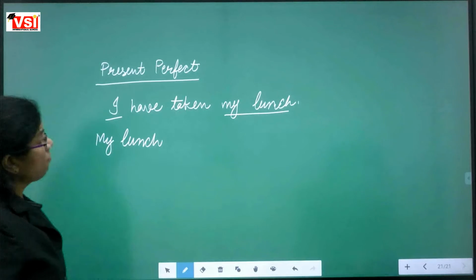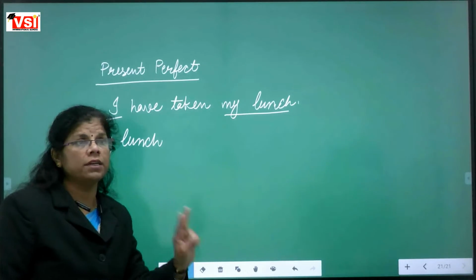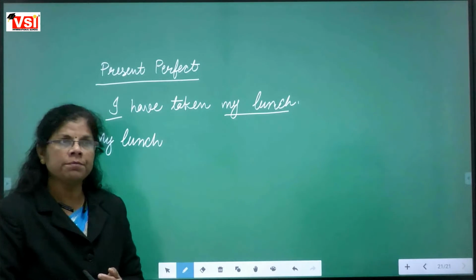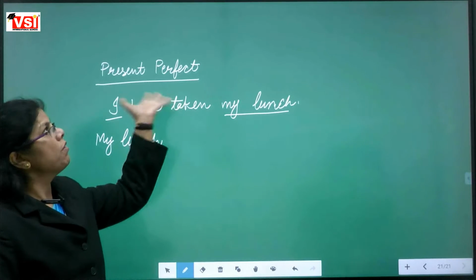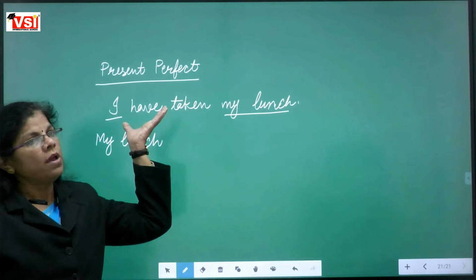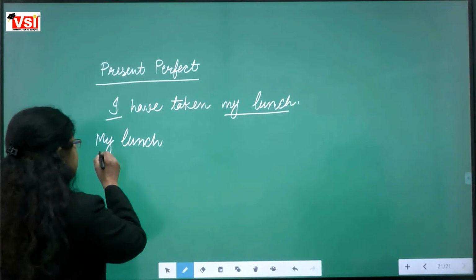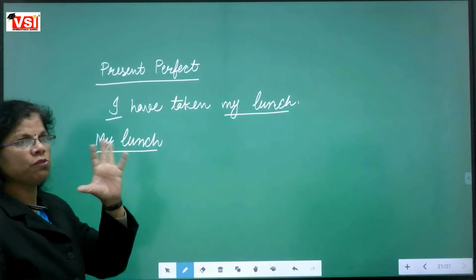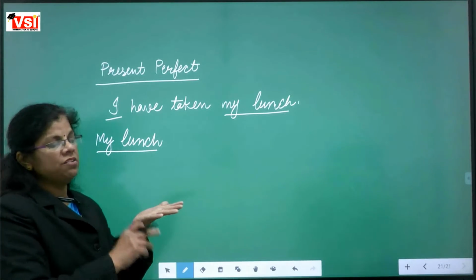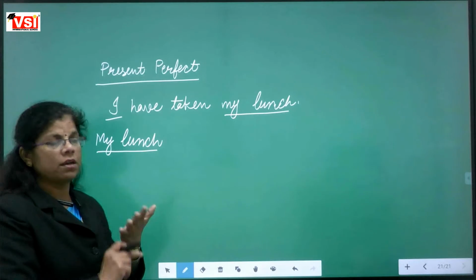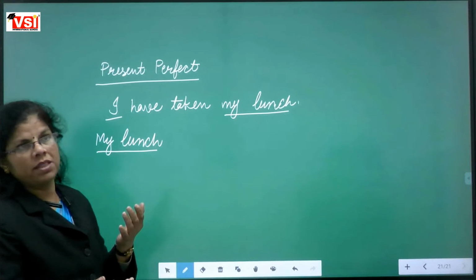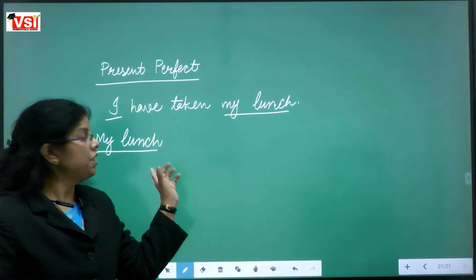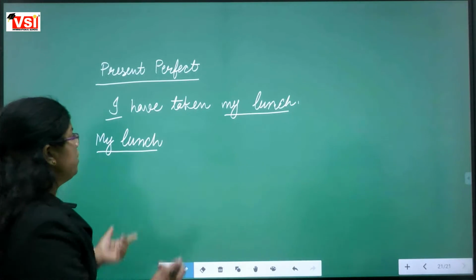My lunch. Now when we are having perfect sentences, has and have are always changed into has been or have been. Lunch is a singular thing, a single unit. Whether we are taking so many things in it, rice, curry, salad, curd, chapati, the complete unit is called lunch. So it will be called a single unit, and we will use